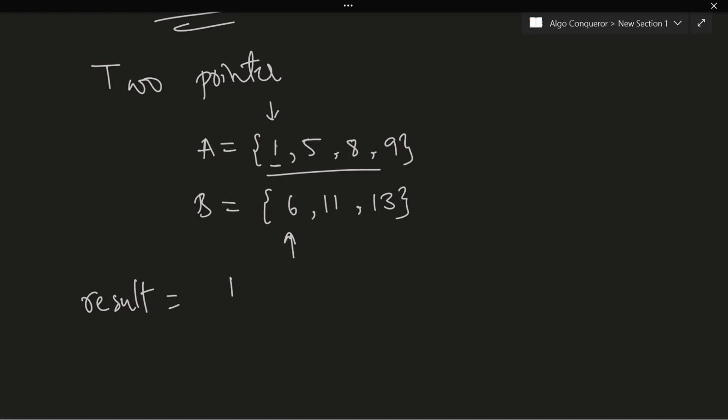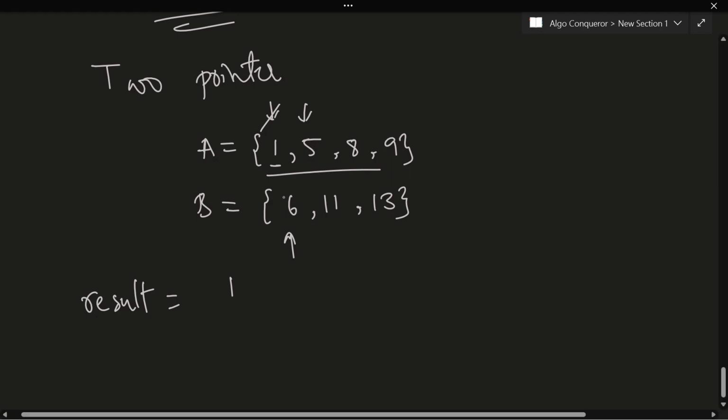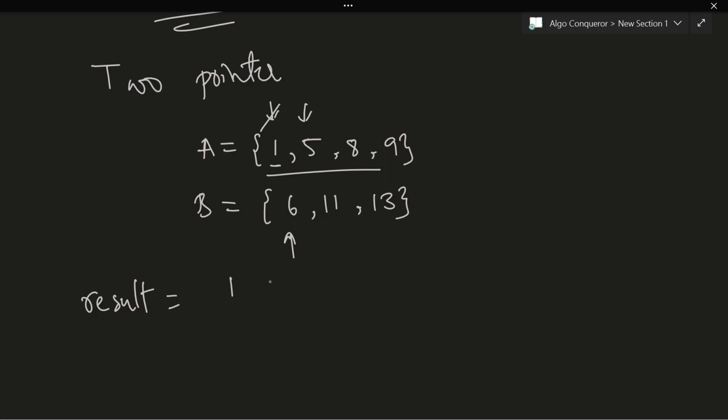Now as we have included this 1 into the result, we are just going to move this pointer ahead. Now let's compare again. 5 and 6, which is smaller? 5 is smaller. 5 is going to come before 6. Now I have written 5 also in the result array. Now let's move the pointer ahead. Now 8 and 6, which is smaller? 6 is smaller. So we'll write the 6 down in the result array and move the pointer